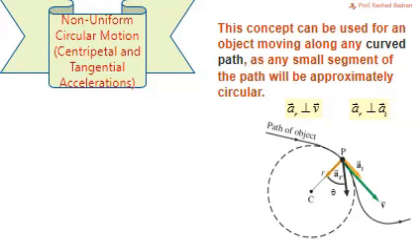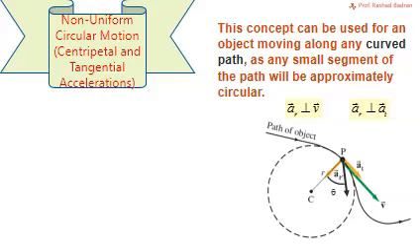As we know, any segment of the curved path may be considered approximately as a circle. In this scenario, we always have the radial acceleration, or the centripetal acceleration as it is called as well,